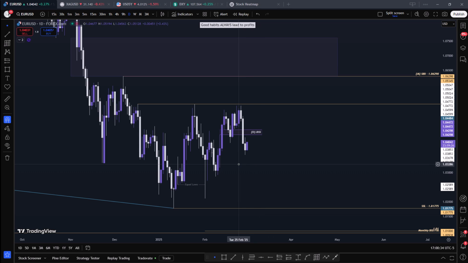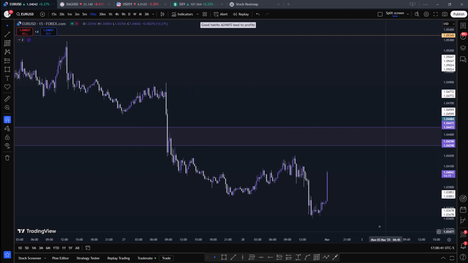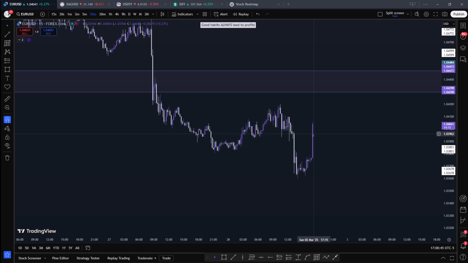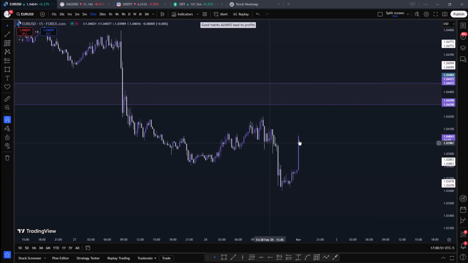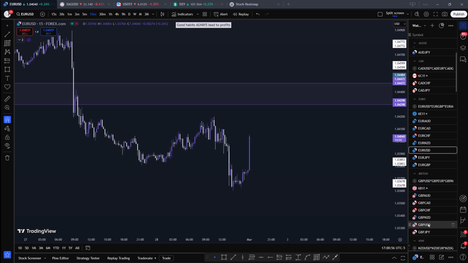Very likely, very likely. 15 minutes time frame on Friday. What did we do? Oh, look at that. I'm recording the video and the market's just opened now. The market's opened with a gap to the upside. This could actually completely invalidate my idea, because I guess when we go over back to GU,